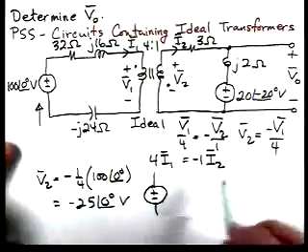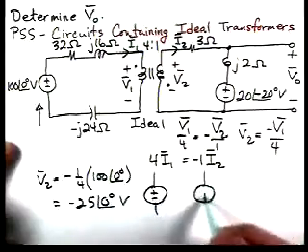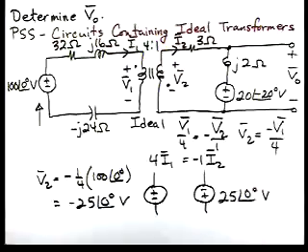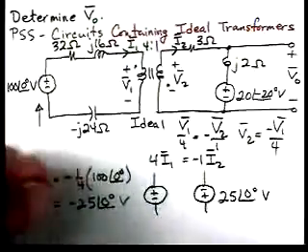Now, we could turn this over, change the polarity, and write it as 25 at an angle of 0 with that polarity. Now, the impedances just reflect by the turns ratio squared. So that's easy. It doesn't make any difference about the dot arrangement when we reflect the impedances through the transformer. So if we go through and reflect the impedances, we're going to divide them by 16. When we get everything reflected through the transformer,